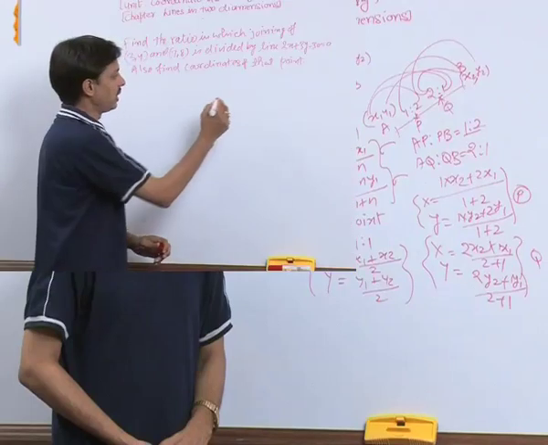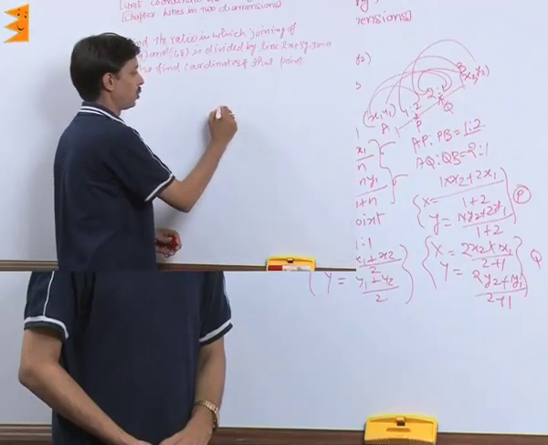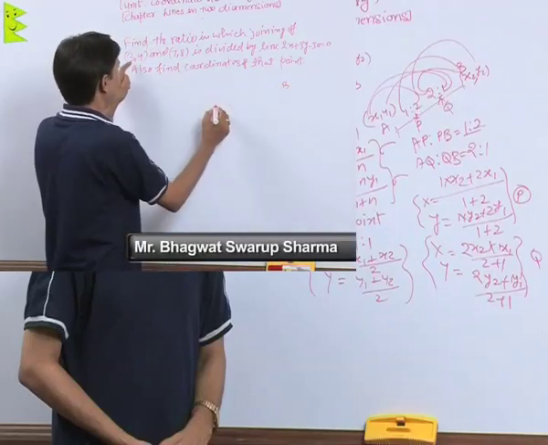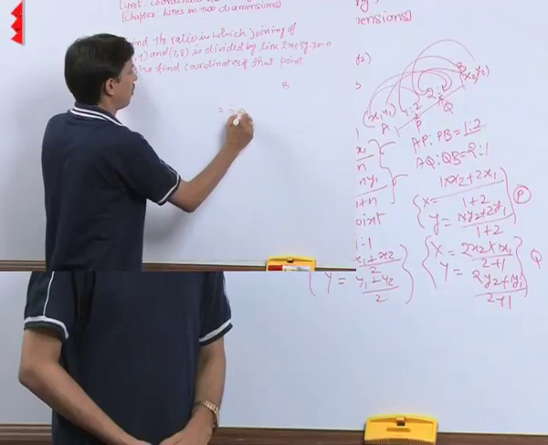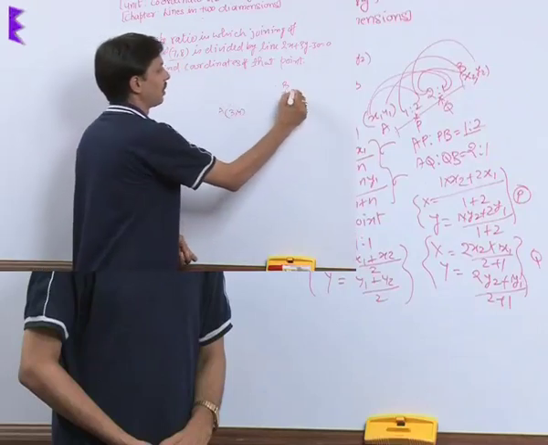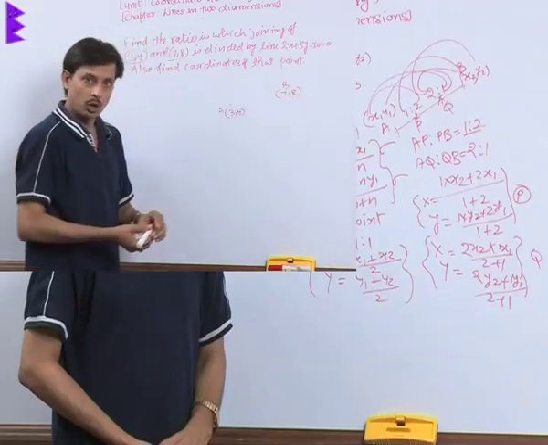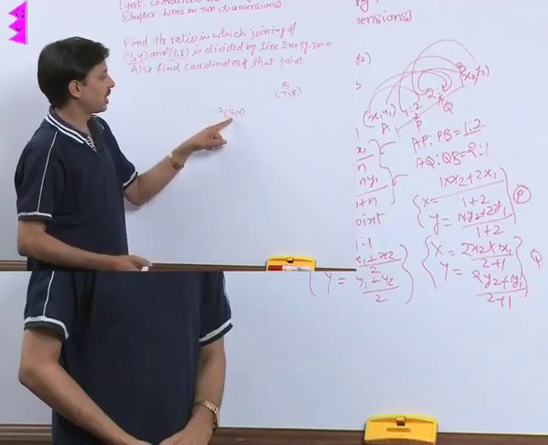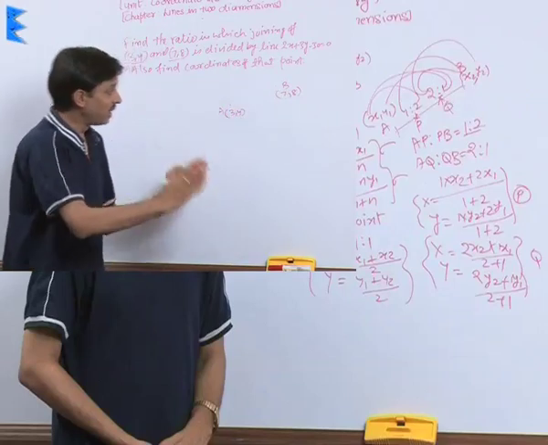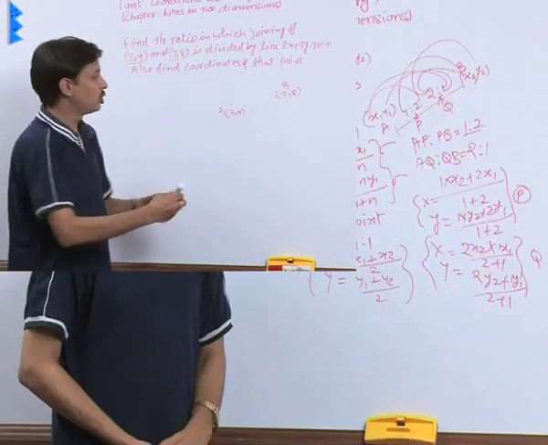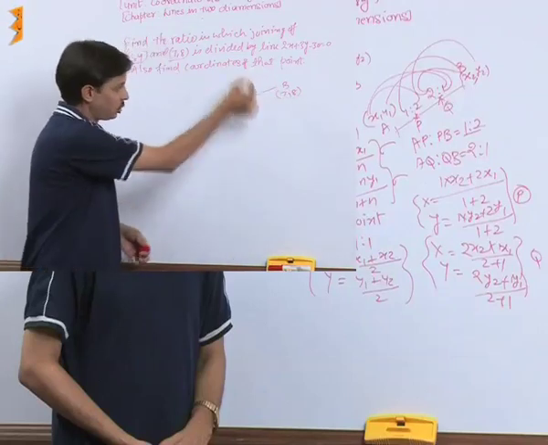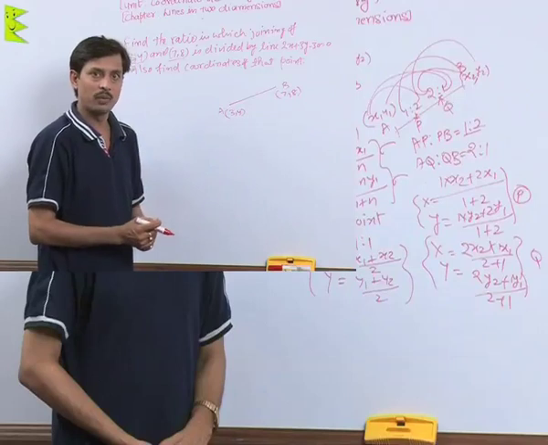Here is the point, suppose A, and this is the point B. The coordinates in the first situation are 3, 4 as mentioned, and second situation B is 7, 8. So A's coordinates are 3, 4, coordinates for B are 7, 8. This is the joining of 3, 4 and 7, 8.